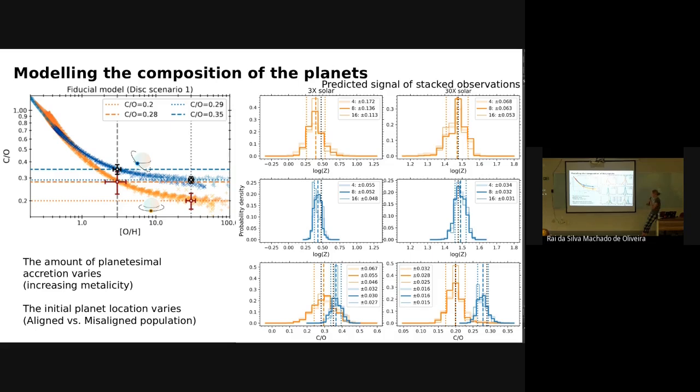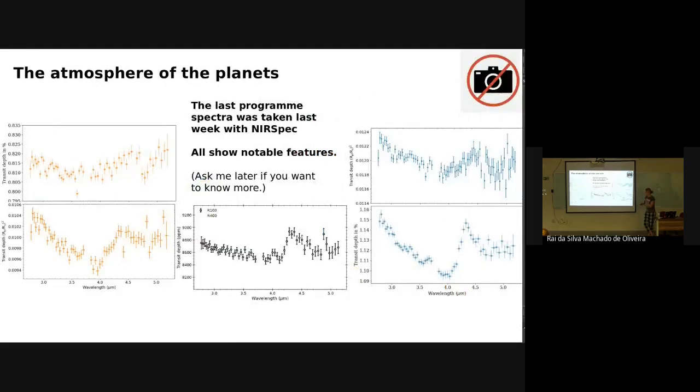And the nice thing is, depending if we have a high metallicity, then we have 2 very distinct peaks in the C/O ratio, meaning we can really distinguish if our thought scenario of forming these planets by accreting the material of the outer disk and the inner disk is correct as we stated, because we have 2 different peaks that we can then compare with our measurements. However, I already told you this is a nice fiducial model. So basically,